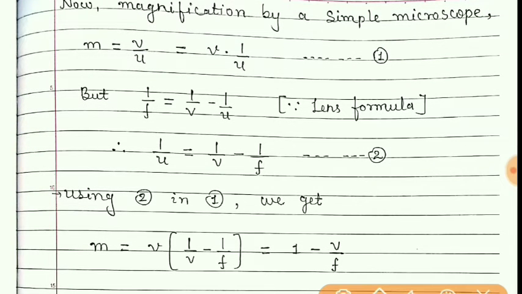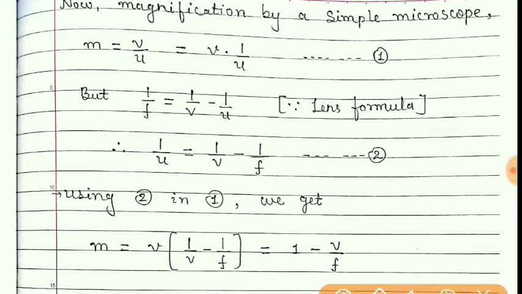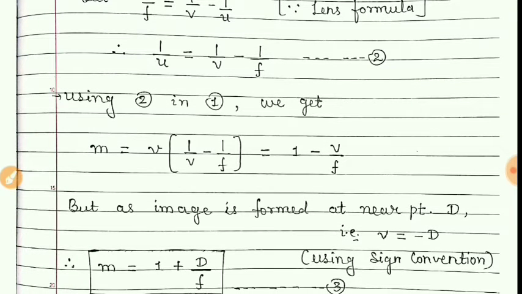Now from the lens formula, we know that 1 upon f is equal to 1 upon v minus 1 upon u. If we make 1 upon u the subject, then we will get 1 upon u is equal to 1 upon v minus 1 upon f. Let us give this equation number 2. Why have we made 1 upon u the subject from this equation? Because now this value we are going to put in equation number 1. So now putting 1 upon u from equation number 2 into equation number 1, we get